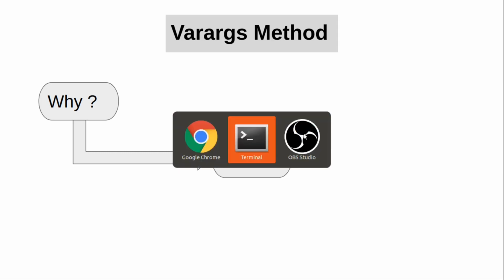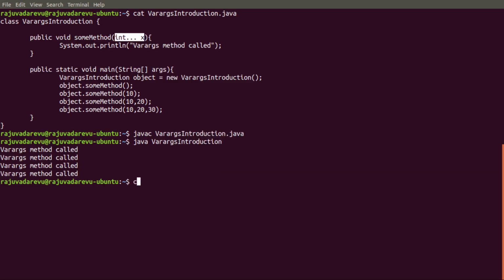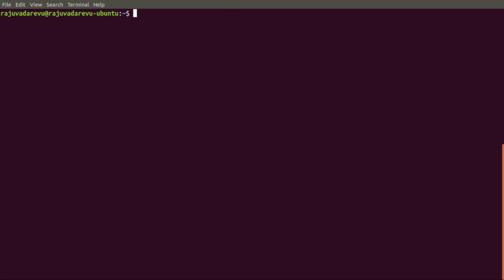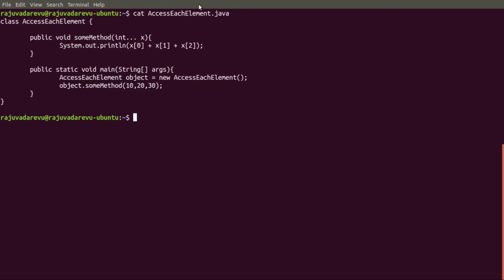Of course you can. So if you see this code, let me clear this screen. And if you see this particular Java file, we have used the same varargs parameter. That means this will be termed as a varargs method. And here, since this varargs parameter will be internally converted into a one-dimensional array by the JVM, we can access each and every argument with the help of indices.